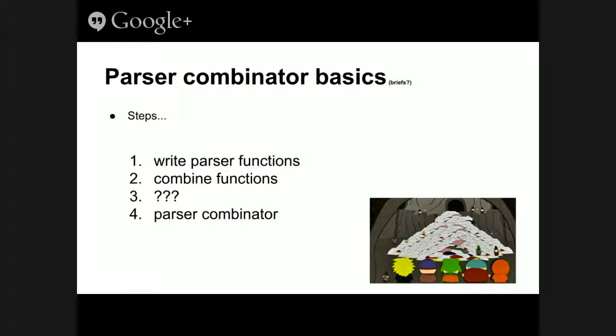The other thing to mention is you can do it in parts too. You don't have to do everything. You can do part of it that way and part of it the other way. And if it cached it and finds it, good. If it doesn't, then it reparses it. So you could go fine-grained. Basically, it's really easy. You write parser functions, you combine the functions, and you get a parser combinator. And you'll see it's pretty straightforward.